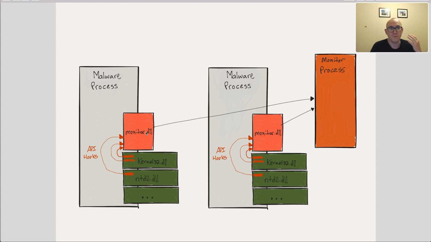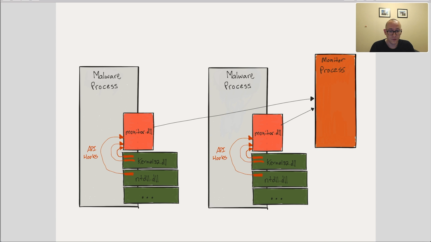So that's what I want to drill into today: underneath the hood, when you look at the API calls themselves, because that information is available in the sandbox, what extra information might be available there to help you reverse engineer a sample. Okay, so now that we have an overview of what sandboxes are and how they work underneath the hood,